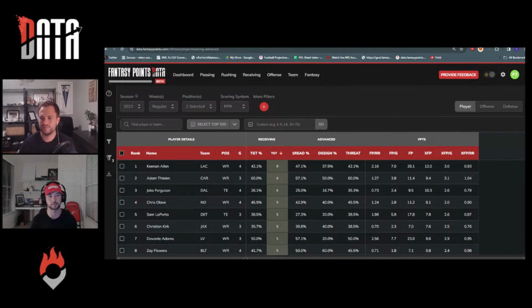But I think those separation stats are super powerful. It's a pretty interesting way to try to separate receiver skill, especially as we get larger samples over the full season, seeing which guys are getting open the most against man coverage, because that is a real skill. And against zone too. It's mostly tight ends, but there are a lot of players who are pretty skilled at sitting in zones and getting those open targets against zone coverage.